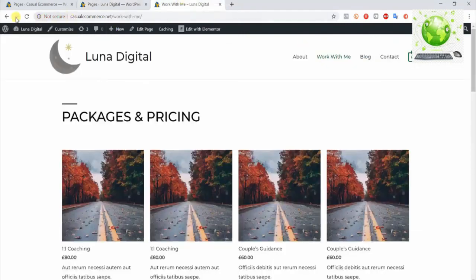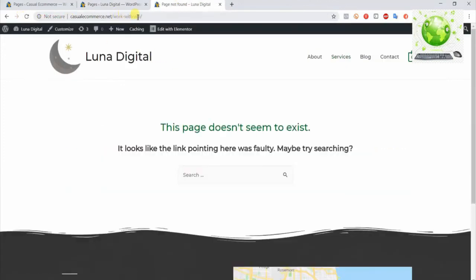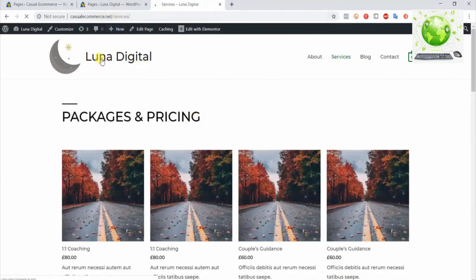And then if I go ahead and refresh this, you can see it's going to take us to the same URL, which doesn't exist anymore. But now we can click on services, which does exist. So you can see it's the same page, but it's a different